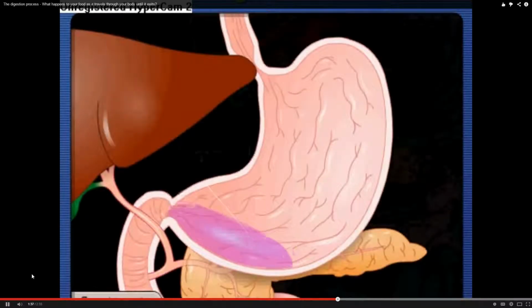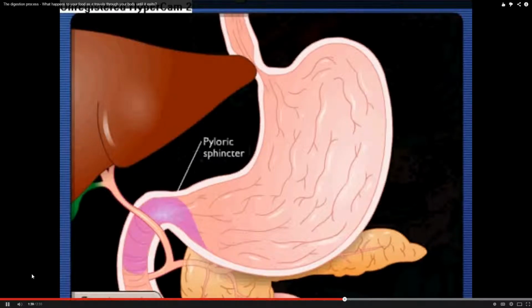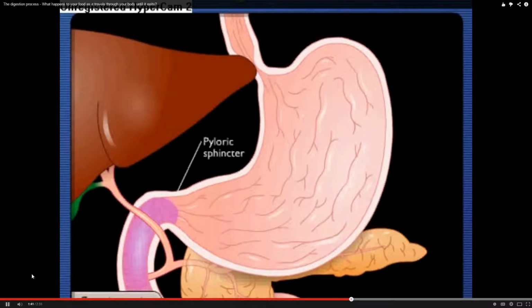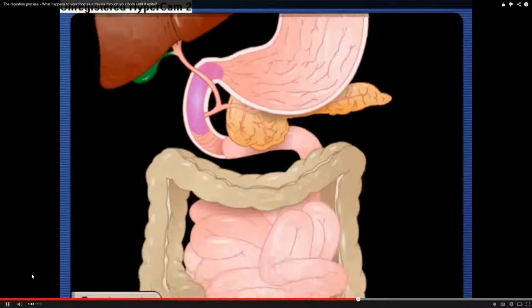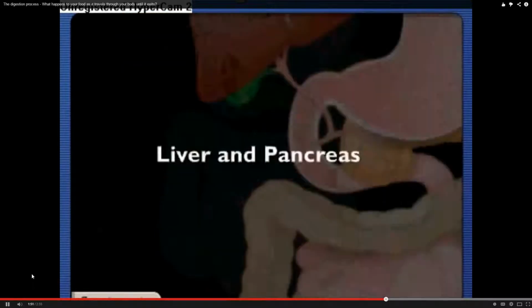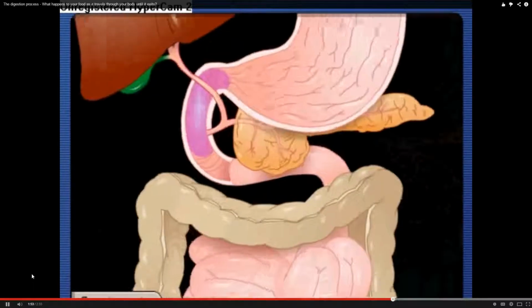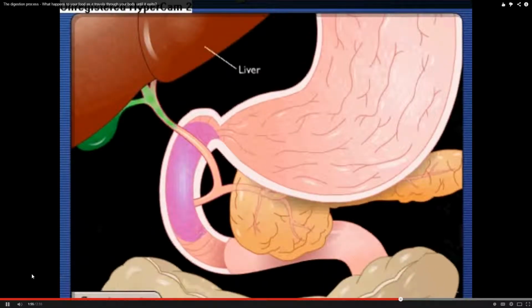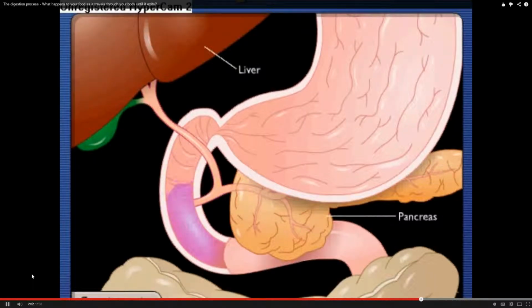Chyme exits the stomach through the pyloric sphincter and enters the small intestine, the major site of nutrient absorption. The small intestine consists of 3 parts: the duodenum, jejunum, and ileum. Bile from the liver and digestive enzymes from the pancreas empty into the duodenum to aid in digestion. Absorbed nutrients pass from the lumen of the